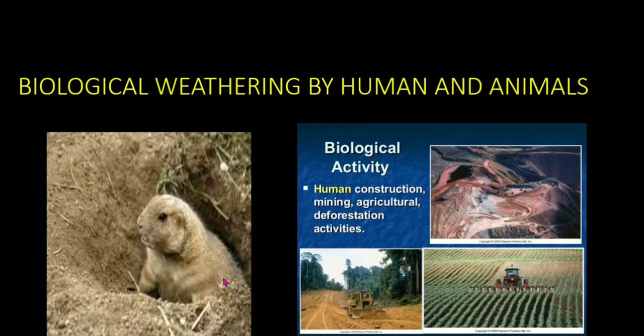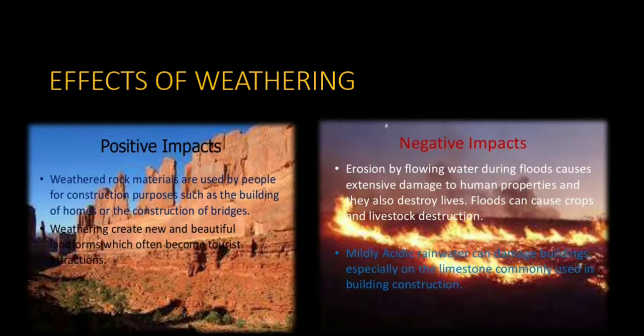We all know that animals and insects in some way or the other lead to weathering. How? Mainly the burrowing animals bring the rock particles from the lower layer of the earth's crust to the surface. And other agents can easily remove these rock fragments. The pounding hoofs of running animals also break the rocks. So in this way, animals and insects are also responsible for biological weathering.